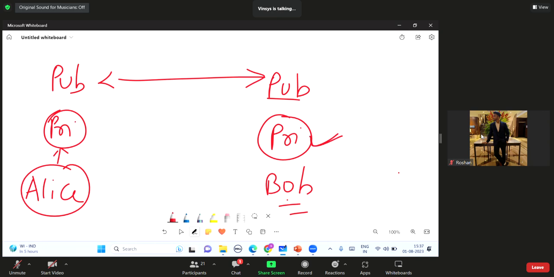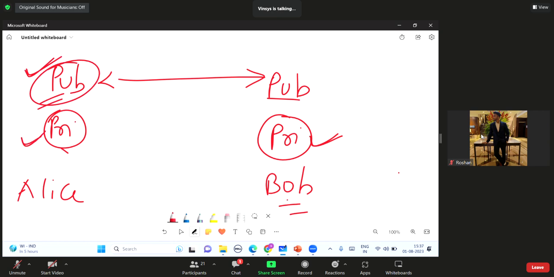Okay. Now, one more thing about how this public key and private key work. Data can be encrypted using this key and also this key. Remember, you can encrypt the data using the public key as well as the private key. But what is the thing? If it is encrypted with Alice's public key, then it will only be decrypted using Alice's private key. And vice versa is also true. If the data is encrypted using Alice's private key, then it will only get decrypted using Alice's public key.